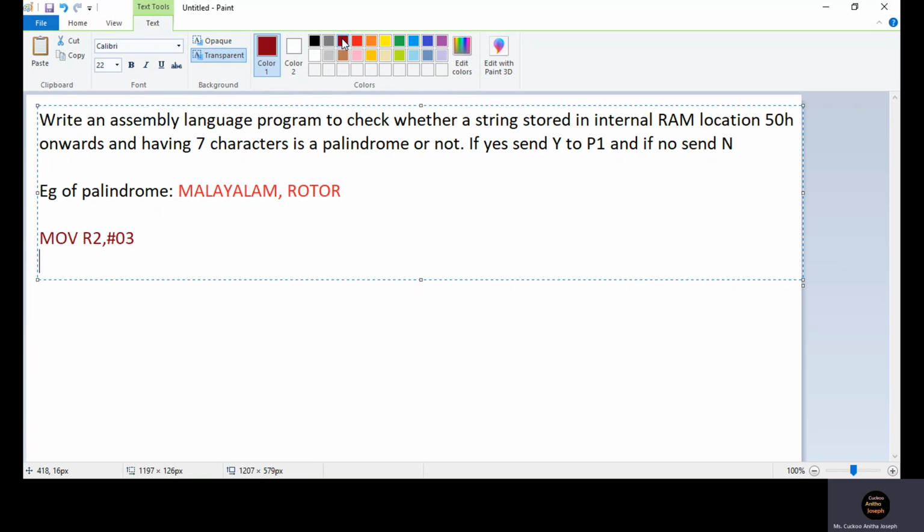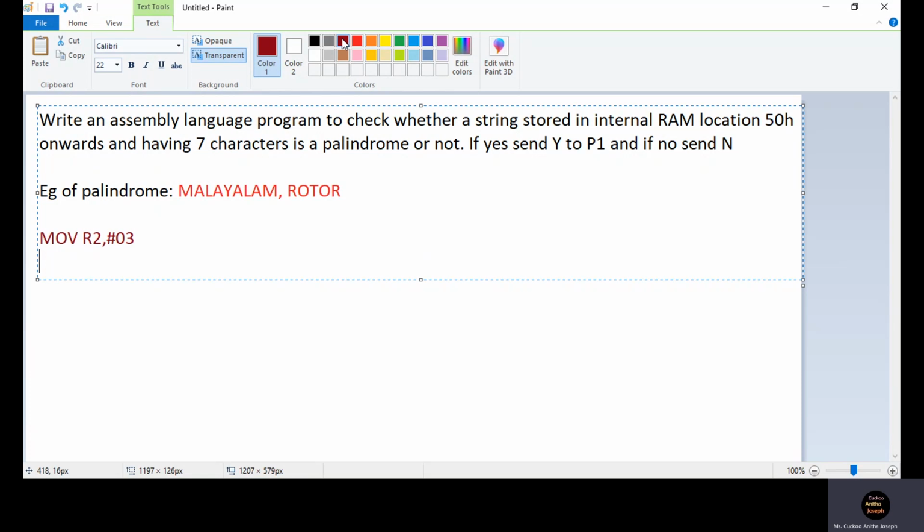To check whether the string is a palindrome or not, you have to compare from both sides, so you require 2 indirect registers. The first indirect register will store the starting address of the string, and the second indirect register will store the last location of the string.